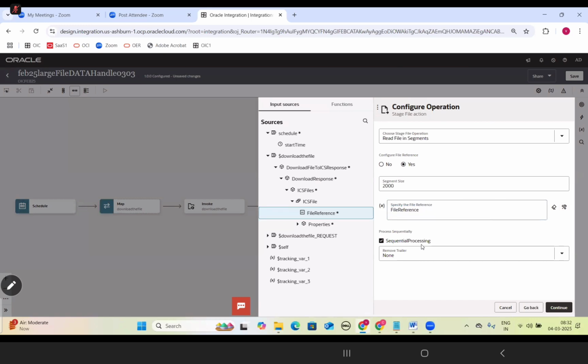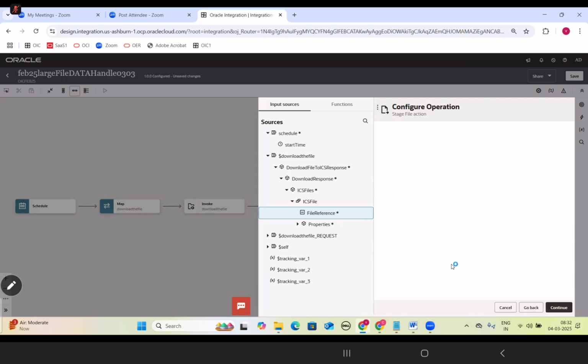So use read file segments: every run, 2000 records will be sent, and the data will be split. We can continue.